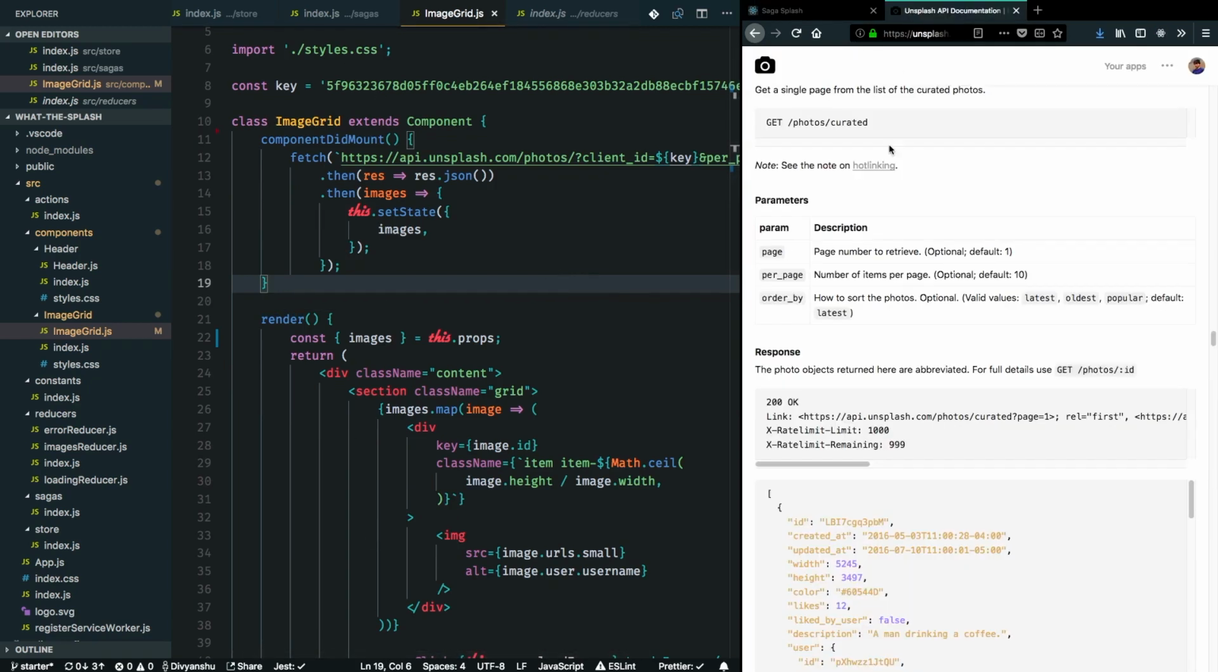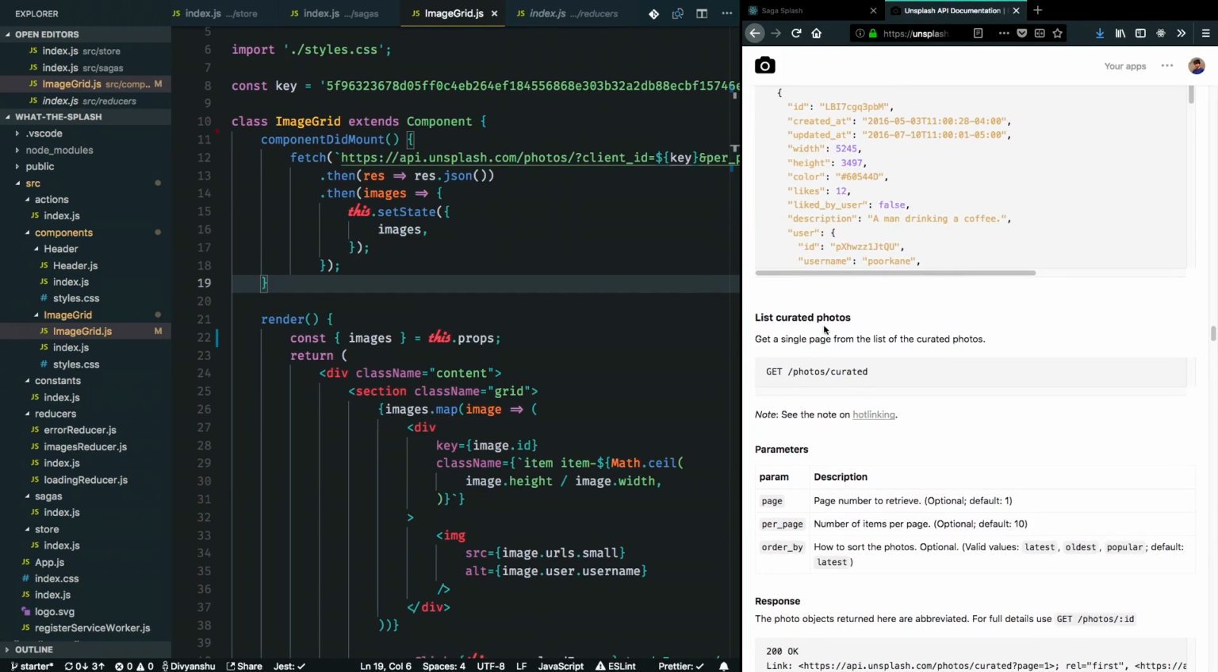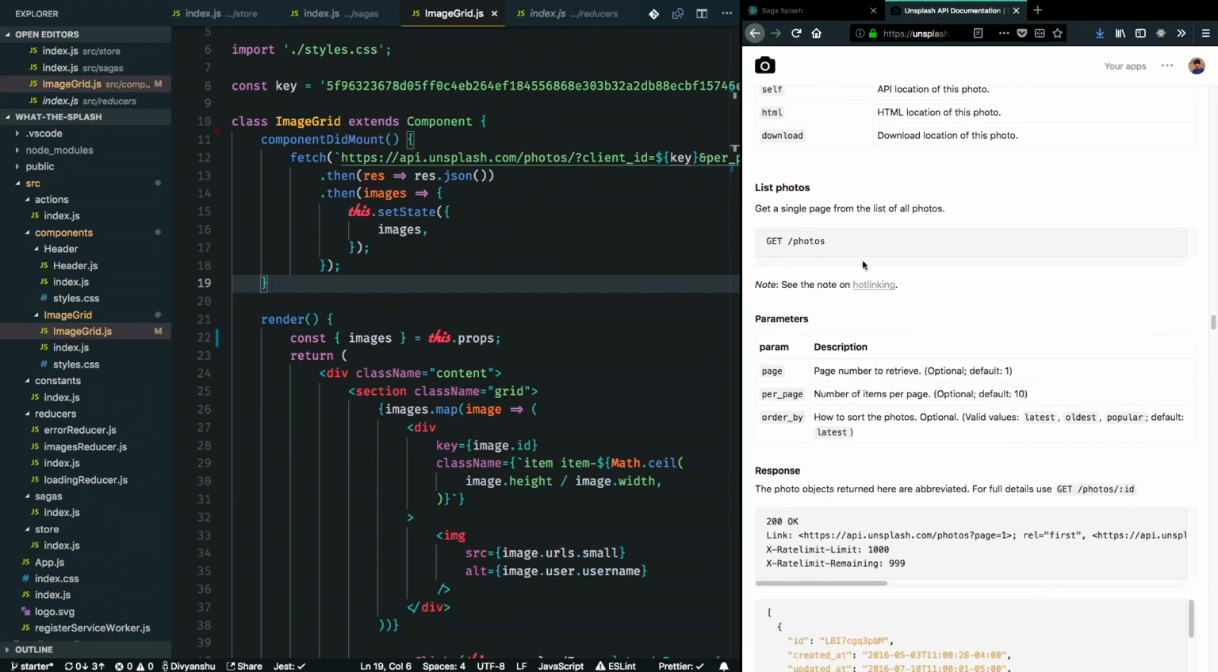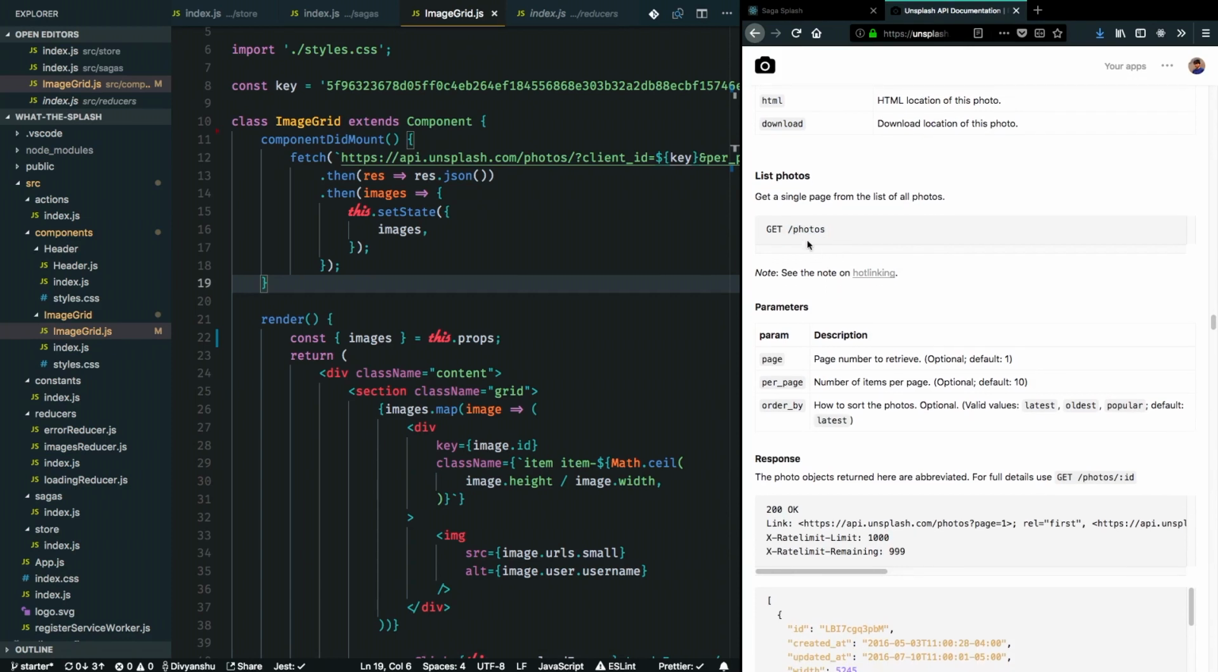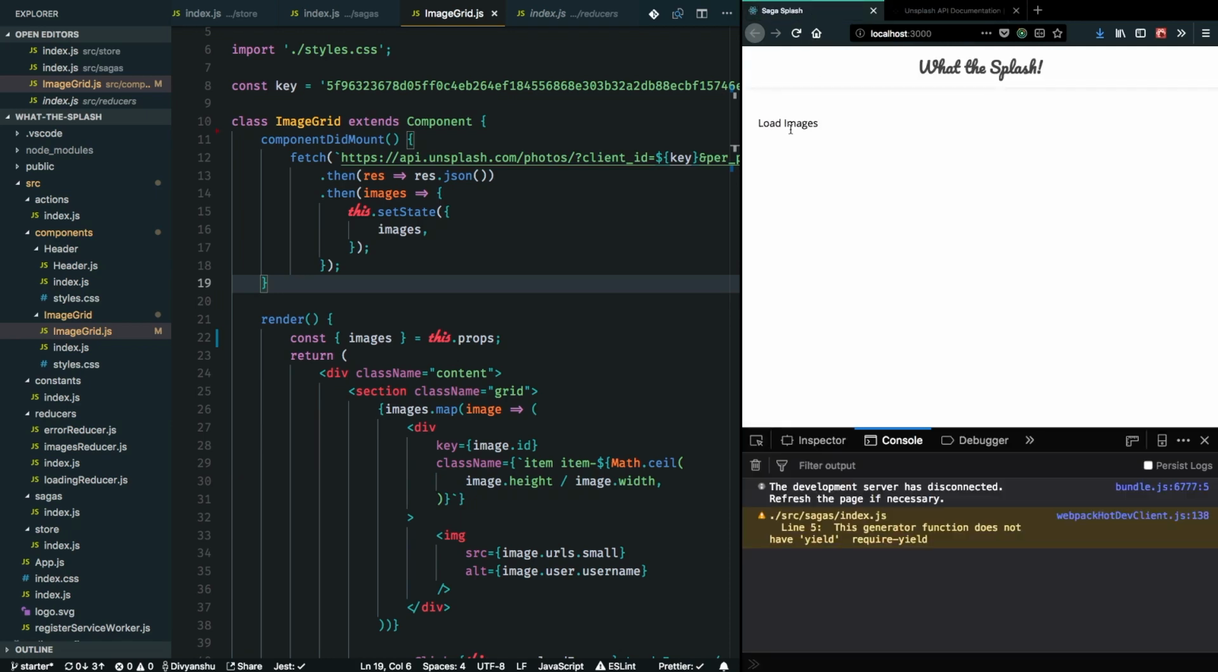And in order to fetch the images, we will be using the Unsplash API. And specifically, we are using the get/photos endpoint. And it allows us some options like some params like page, per page, and order by. So we'll be making use of the page parameter so that whenever we hit the load images button, it always loads the next set of images. So we want to initiate our API with page number 1 and keep incrementing it